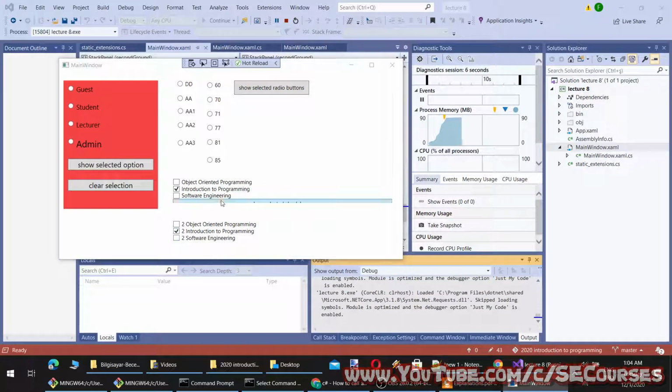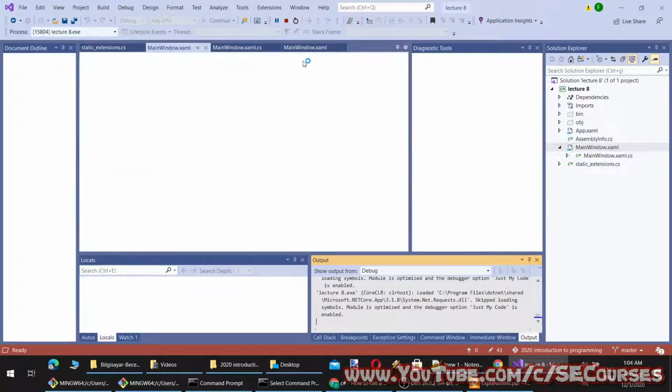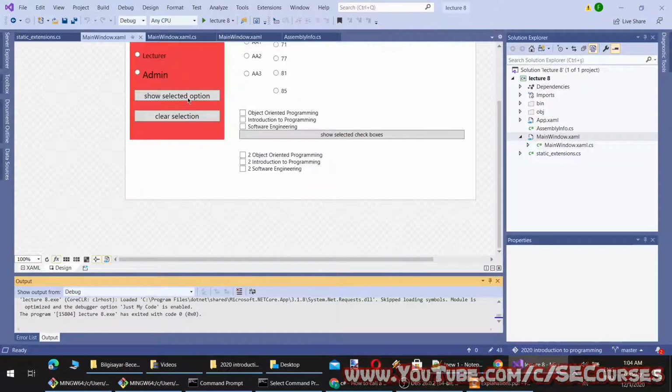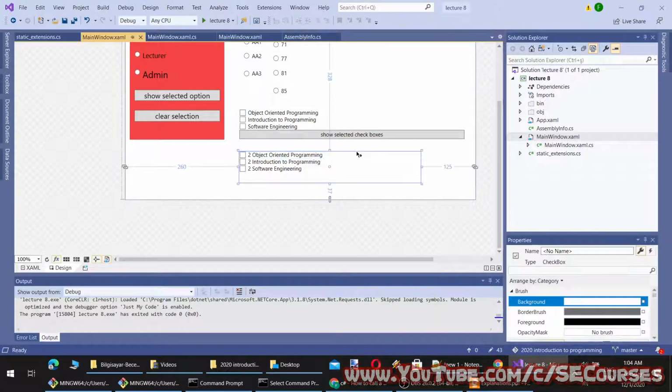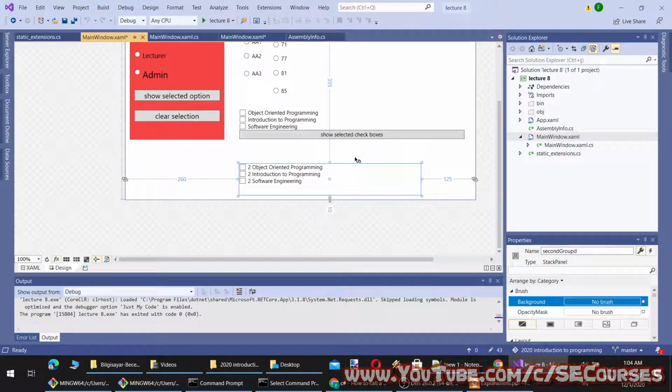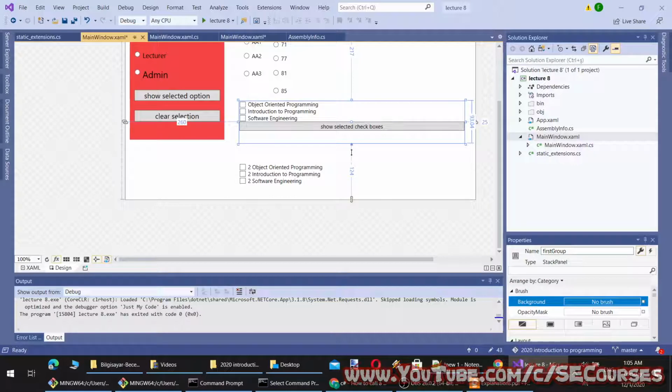Okay, this works. Yeah, you see the other ones are not displayed. By the way, my button was not visible. I can fix it with, let me show. I'm going to remove this a little bit more and expand it like this.